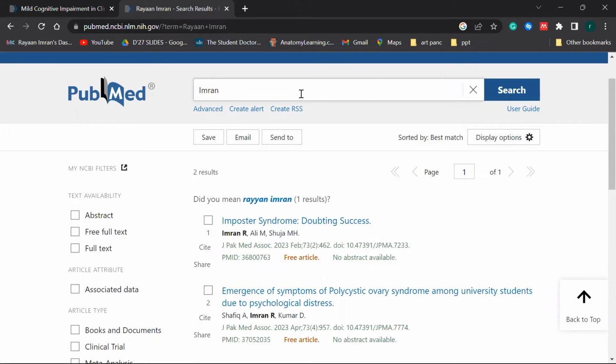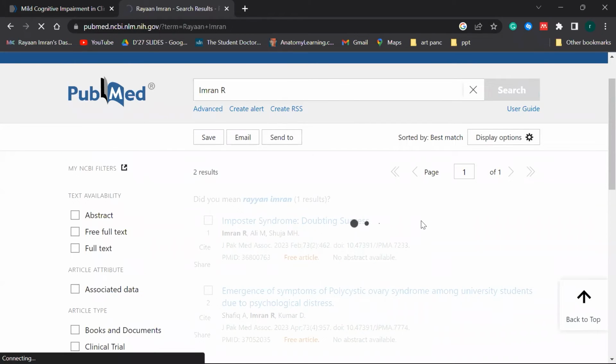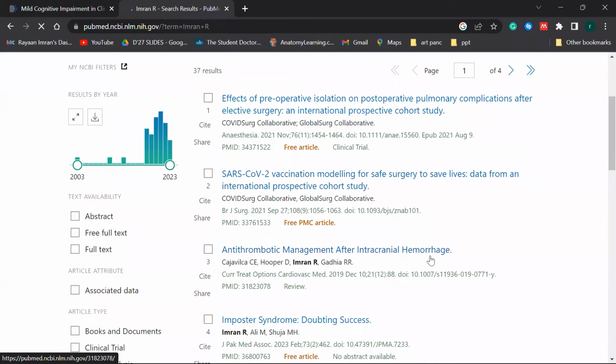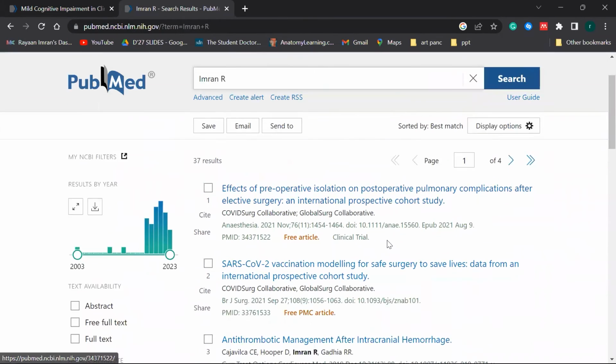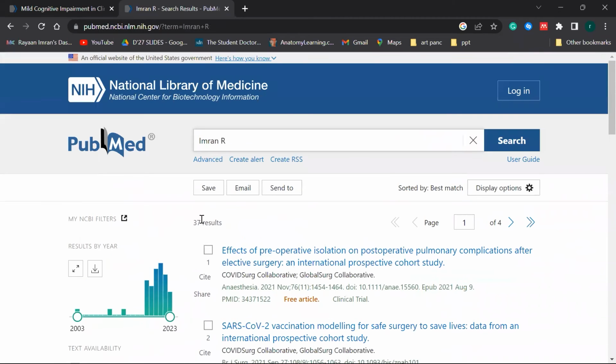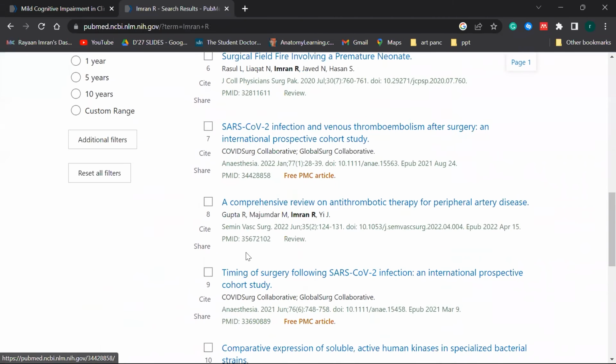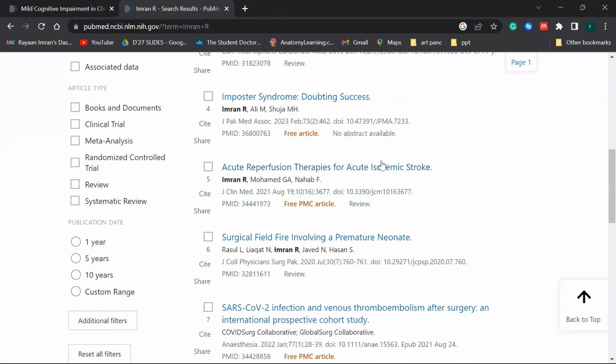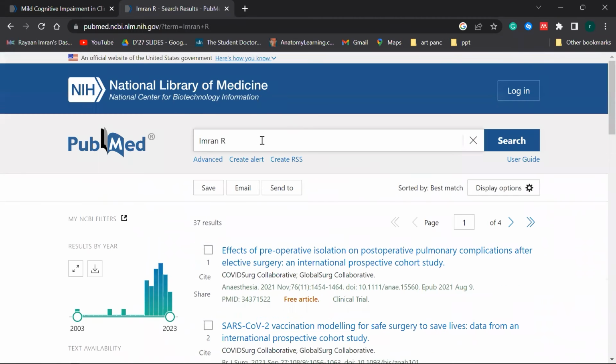So Rayaan Imran, Imran pehle likhunga main, uske baad I'm going to go space, click on caps lock and put the initial of my first name. So Imran R daba diya maine. I go on search, and here you go. I have some articles, 37 articles jo ki yahan pe show kiye gaye by the Imran R for some reason. Itne articles maine nahi likhe, don't worry, 37 articles maine nahi likhe abhi tak. I've already written like a few, so aapko wo kabhi nazar aayenge. And then yeah, pretty much that's how you search about Imran R.